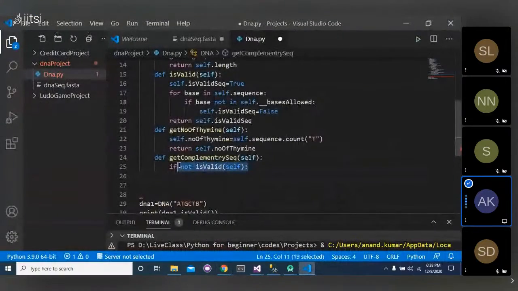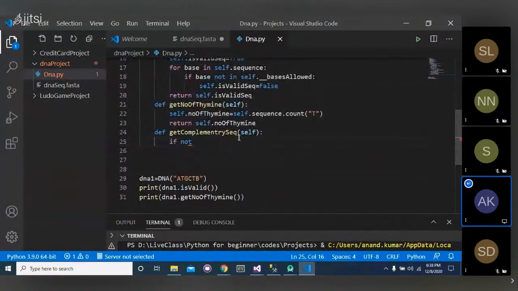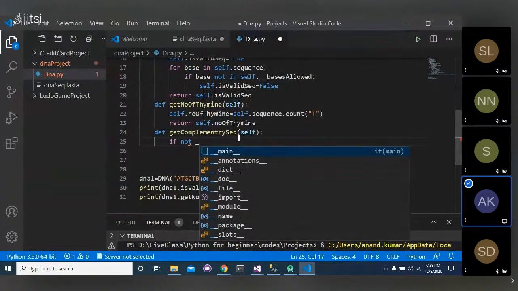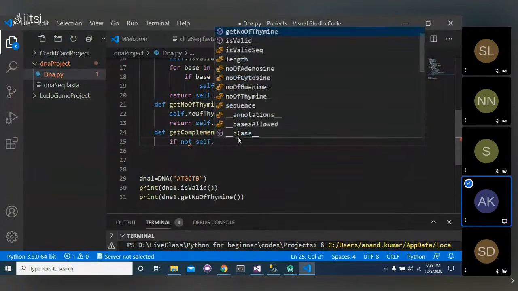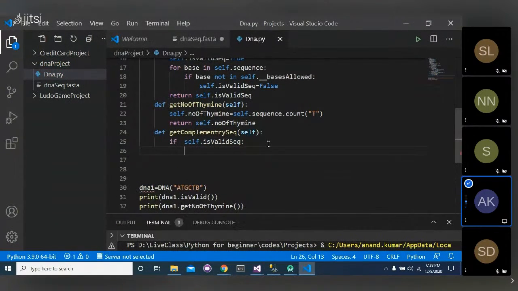Okay, so first we will check if not self.is_valid_sequence, then we will get the complementary, otherwise we will return an error. Okay, so